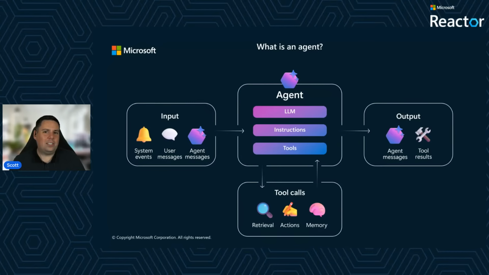The other important thing to note here is that when we look at that input and output, previously it was a user interacting with an agent, but we are beginning to see the rise of agent to agent and agent coordination or orchestration. And it's really interesting to see what we can do when we begin to build multiple agents and allow them to interact with each other. We'll have a look at a few examples of that a little bit later on today in terms of how we begin to compose agents together. But we can begin to think of it now not just as a user message being an input, but also an agent message, another agent calling into our agent to invoke it, and then receiving messages back from that agent in turn.